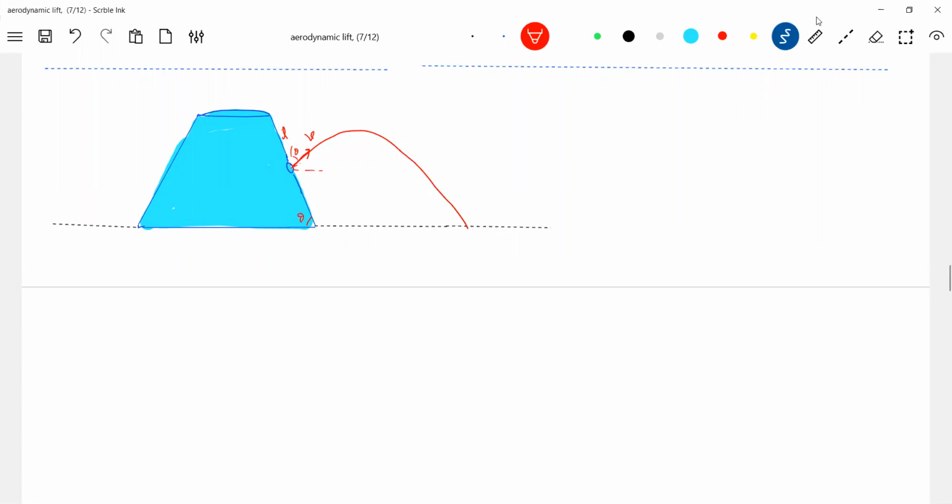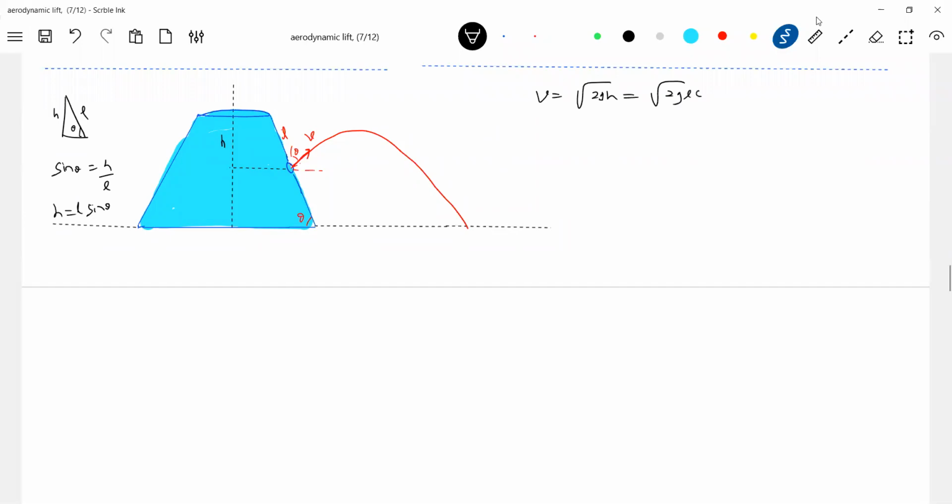So we know theta. Can we calculate the depth at which the hole is made? So what is the depth here? This should be h, no? From the mathematics, this is L, this is theta, this is h. So sine theta is equal to h by L. So what is h equal to? L sine theta. What is the velocity of efflux first? Root of 2gh, root of 2gL sine theta. Agree with this?